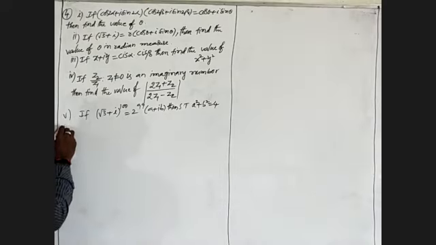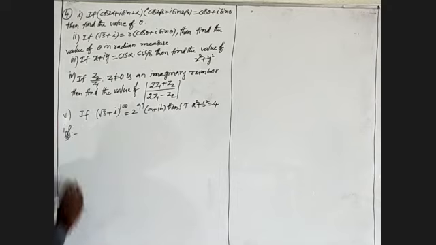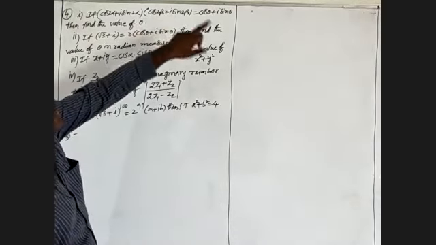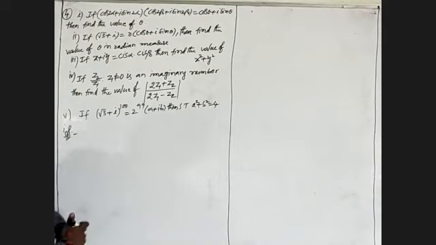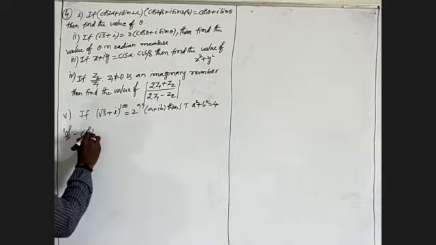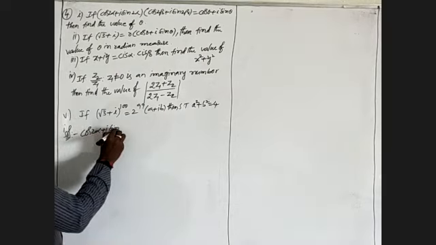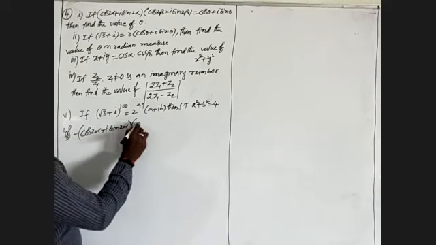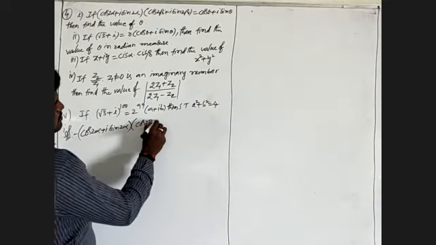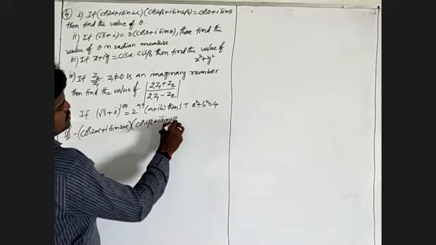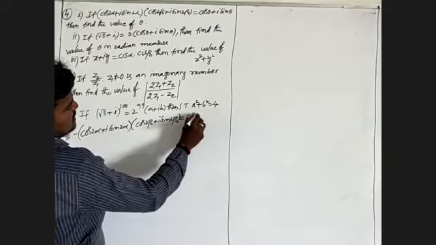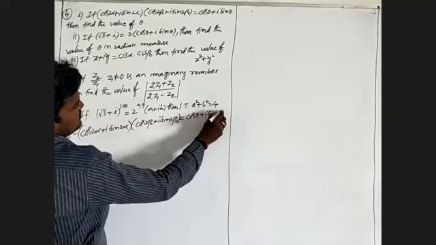First, now I am going to do the first one. Given (cos 2α + i sin 2α)(cos 2β + i sin 2β) = cos θ + i sin θ, find the value of θ.